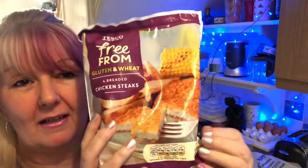Not the best ingredients, but this is once in a blue moon, so we're gonna... They actually look horrible, don't they? Look, they don't look like...